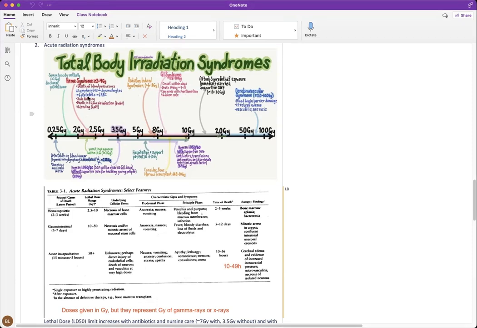Whereas with heme syndrome, since like we talked about, the death of these blood components takes a little bit, there's more of a latency, and it might be like 1 or 2 months before you're actually having an infection. GI syndrome, you can die within 1 to 2 weeks. And may want to consider bone marrow transplant in this dose range to try to help the patient. And then there's this, anything over 10 gray, now you're in this super dangerous range,